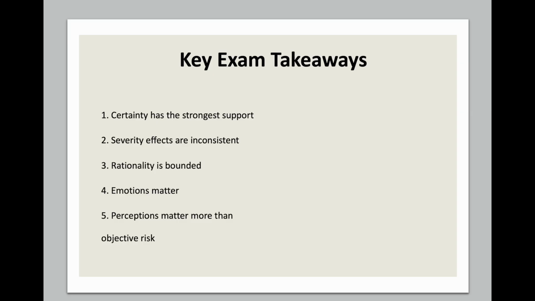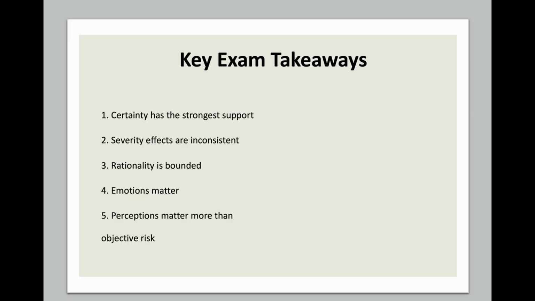The first and most important takeaway is this: certainty consistently receives stronger empirical support than severity. This is one of the most robust findings in deterrence research. Increasing the perceived likelihood of punishment generally matters more than dramatically increasing sentence harshness. Second, perceptions matter more than objective punishment levels. Individuals respond primarily to perceived risk rather than formal legal statistics. This is why perceptual deterrence research became so important.